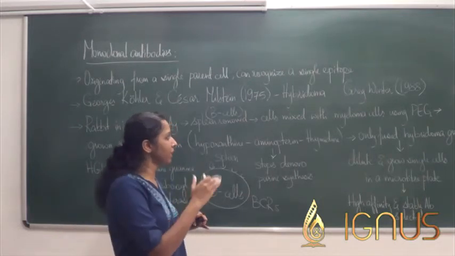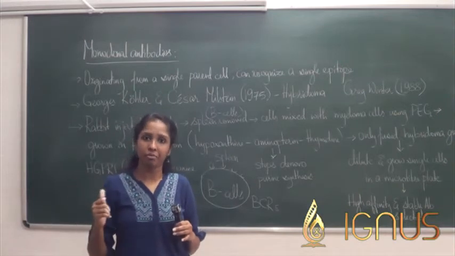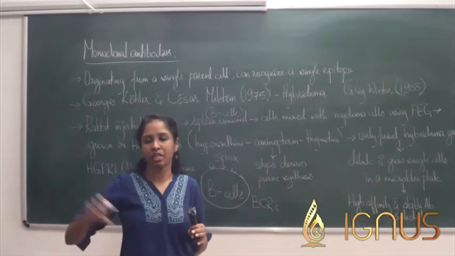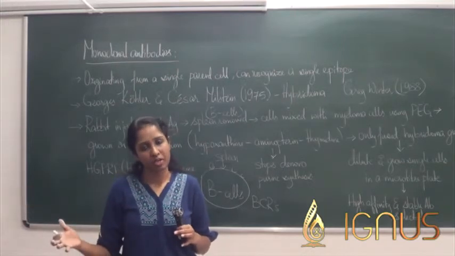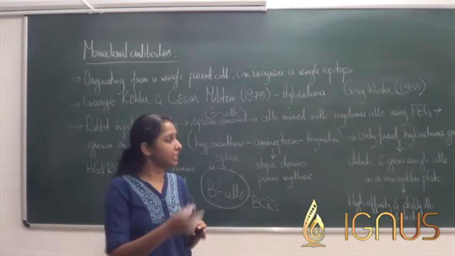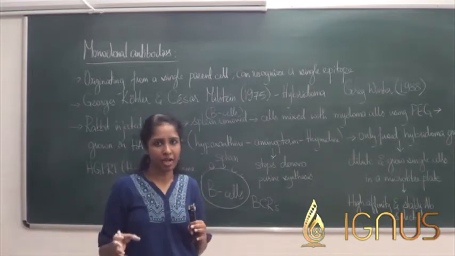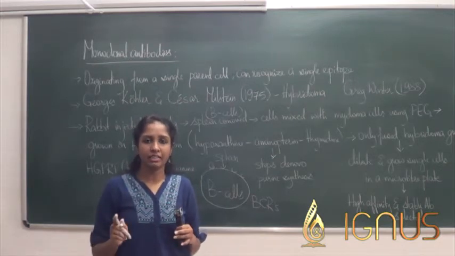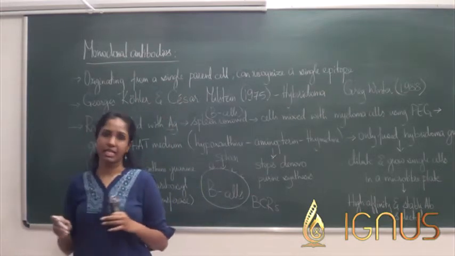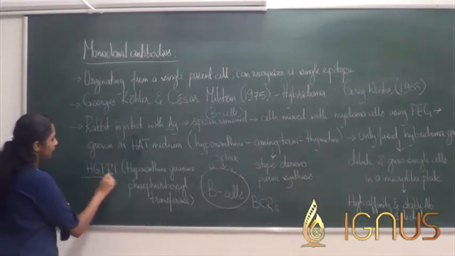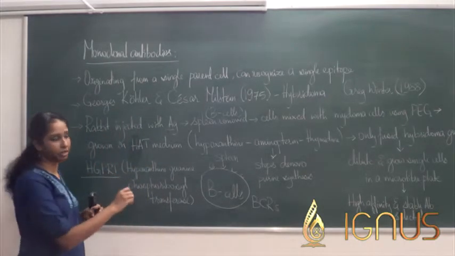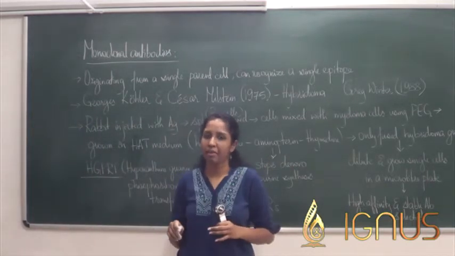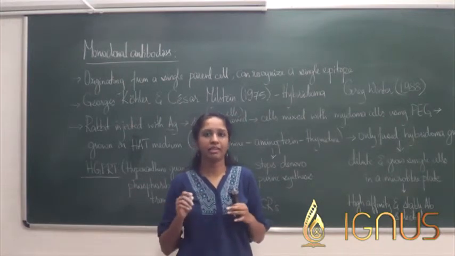That is the reason why myeloma cells are used in the hybridoma technique, because once you have a hybridized myeloma cell, you can keep it forever, grow it as many times as you want, and always get the antibody that you want out of that hybridized cell. Another thing to remember about myeloma cells is that they lack the HGPRT gene, which we will come to later on. Now the cells are mixed with the myeloma cells using PEG, which is nothing but polyethylene